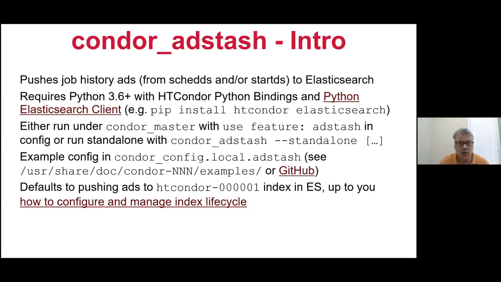So of course, what everyone's interested in is NoSQL databases. We added a tool called Condor Ad Stash, which reads job ads, maybe from the job history file, maybe from the startd history file, and pushes them into an Elasticsearch database. This is a Python 3 script that uses the Python bindings. And once you've done this, Elasticsearch will have your job ads in JSON format, which is kind of handy, because